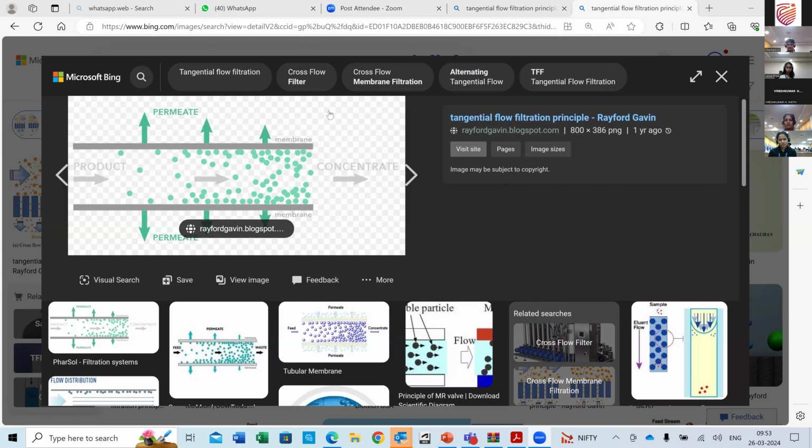Can you see the screen, right? So this is a picture, a typical picture of how a tangential flow filtration works. So there is a membrane which is there. The product or the material to be filtered is moving in a space in between filters, and it is moving on the surface. Now these are arranged in a circular format generally, and when they are in a circular format, when you look at the product stream which is flowing next to the membrane, it is moving in a tangential direction,